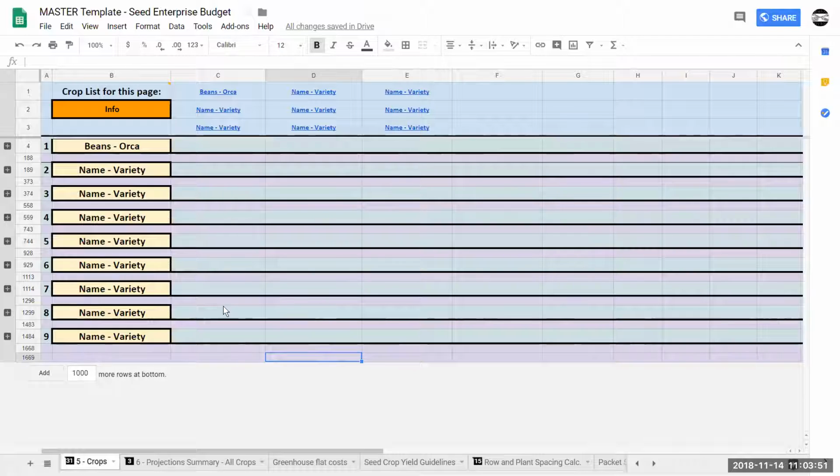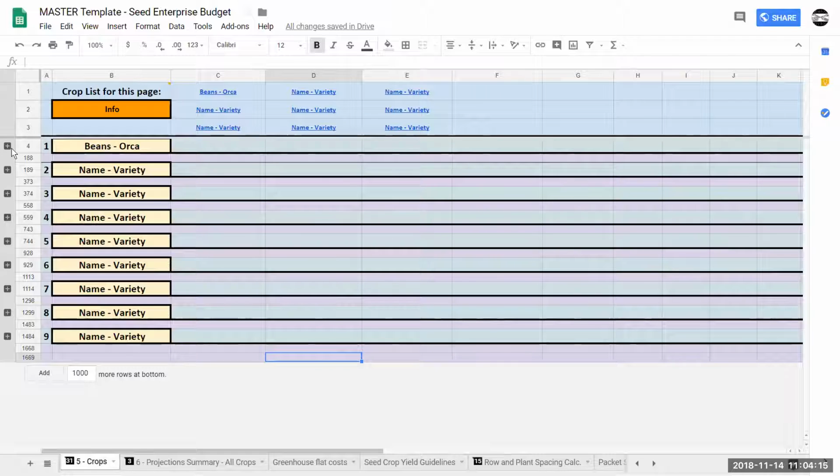So it's really designed more for contract growers, because if you were a seed company, you would be growing many more crops, and this would be a lot to take record of in this way. So this one is meant for contract growers, and this is up to 9 crops that you could be doing at a time. So there's a quick link to all the crops up above here, and each crop is now condensed, and I've closed that section.